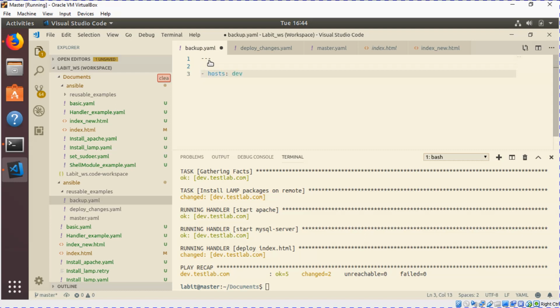We'll add hosts dev, become yes, tasks, name, and the name would be backup /var/www/html,